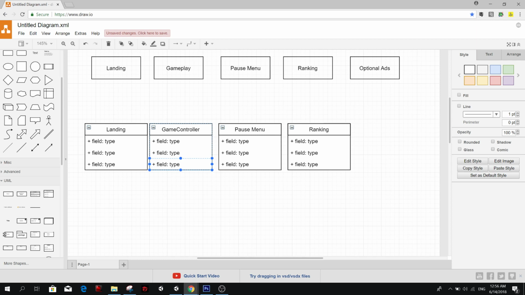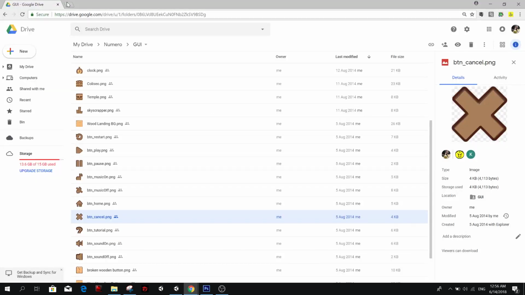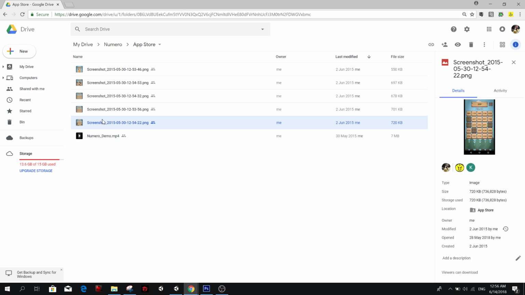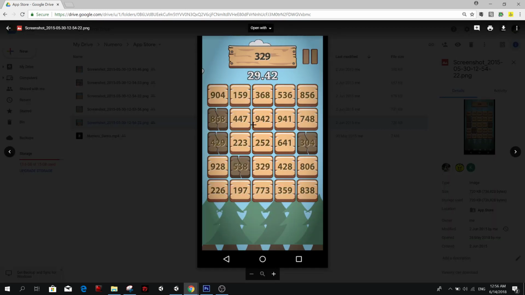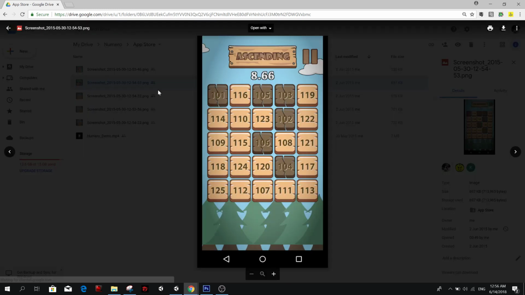Well, it's just a simple game. I'm going to show it one more time, guys. Sorry that I've shown it a few times already. So it's something like this. Basically you have blocks with numbers and you break the numbers in ascending order. So for example, this one, not this one, this one, this one. So you get 101, 102, 103, and you break the numbers ascendingly within the time given, and there will be more and more numbers with more time.